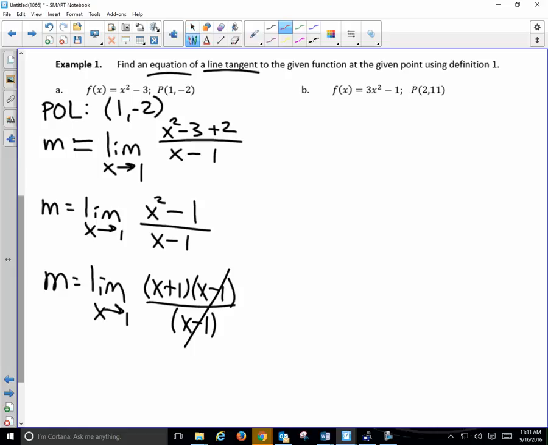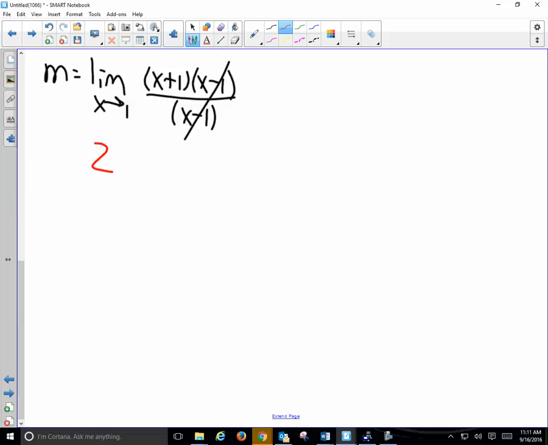Yeah, you could write a piecewise function, but we won't do all that work. We'll simply just plug it in. 1 plus 1 is 2. Slope is 2. Done. Now I know the slope, so I can write my equation for my line tangent. Y plus 2